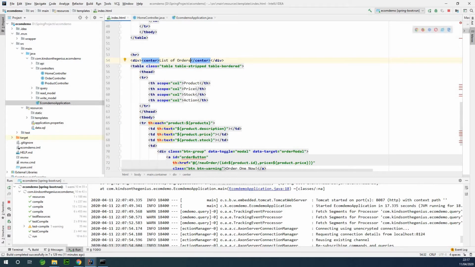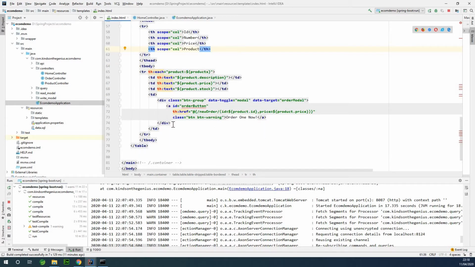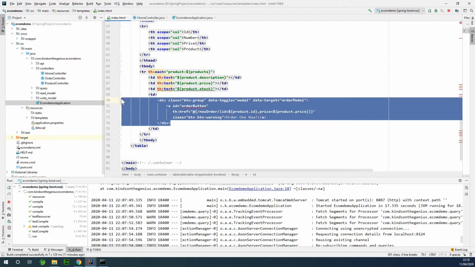Alright, so in this case, the orders will be, I would just like to add maybe the ID, the number of items ordered, we also will need the price, and also the product that was ordered. So these are for demo purposes. In the real application, maybe you can do it a bit differently. In the orders table right here, we may not actually need the button, so let me just take it out